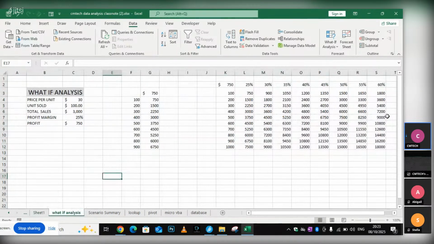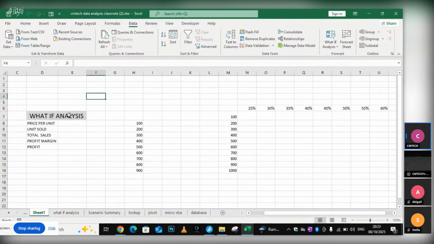How we are going to generate tables like this, and look at what we can use the what-if analysis to do. So I've already designed this analysis table like this. It's just typing and all, so I've already arranged it. So now let's see what-if analysis. What will happen if a specific price and unit is being sold within a specific range? What will be their actual result or actual amount? So for example,